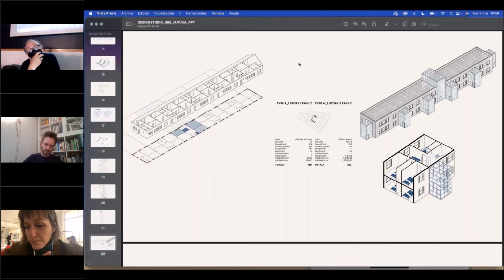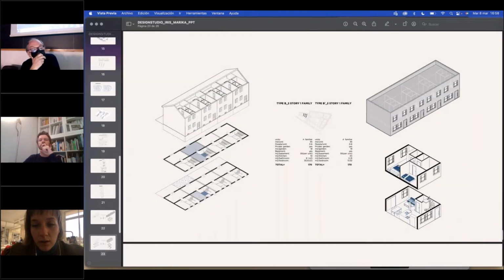And how we could actually host on the same space on the plan, we could host more people. Again, of course, because of doubling the floor. Then type B, which was 2-story, one family. So we've kept that. It's also only hosting one family, but we changed the interior, of course, and we changed